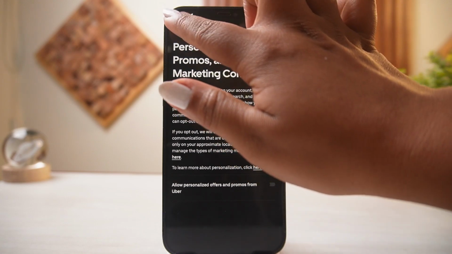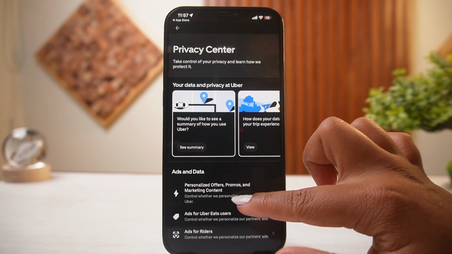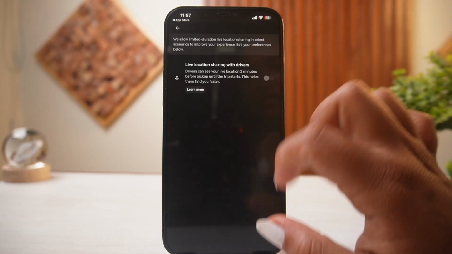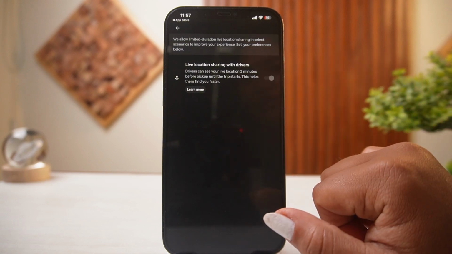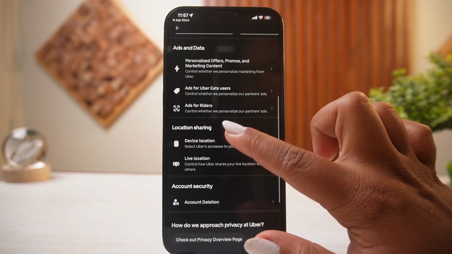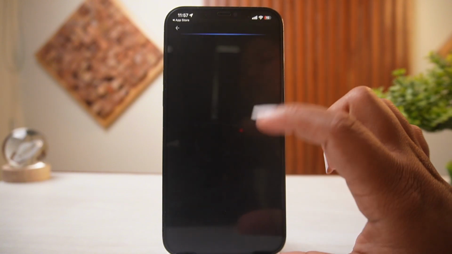So after doing that, the next thing that you want to do is first of all get back, and in here if you scroll down a bit, tap on live location and make sure that this option is disabled just like this. So after doing that, if you go back, also tap on device location and also make sure that